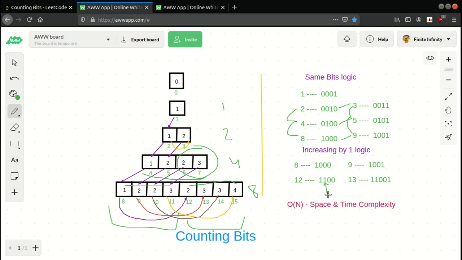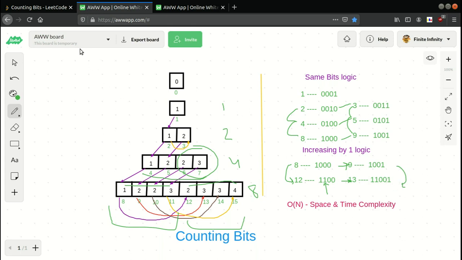So there will be one more extra 1 in the binary representation of 12 than 8, because of some power of 2. So 8 and 12 will have a difference of 1 in their answer, and like that 9 is greater than 8 by 1 bit, and 13 is greater than 9 by 1 bit. Hence if 8 has 1 bit less than 12, then 9 will also have 1 bit less than 13. So this is the logic behind this question.